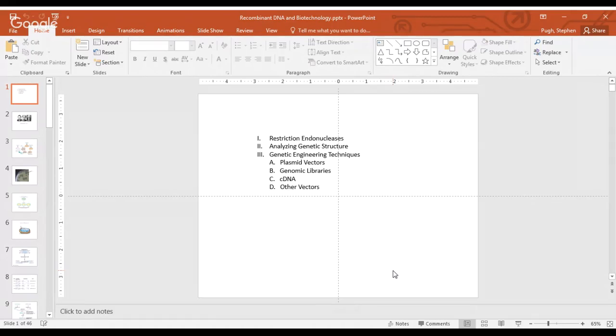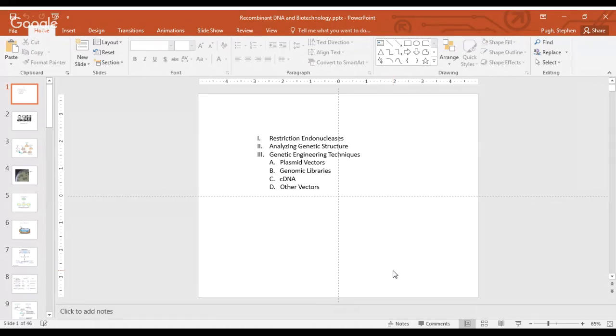And in this one, I'm going to be talking about the discovery of restriction endonucleases and what they're capable of doing. And then we're going to talk about how we can use restriction endonucleases as a mechanism to analyze genetic structure. And we're going to talk about several of the different mechanisms that geneticists use to understand and describe the